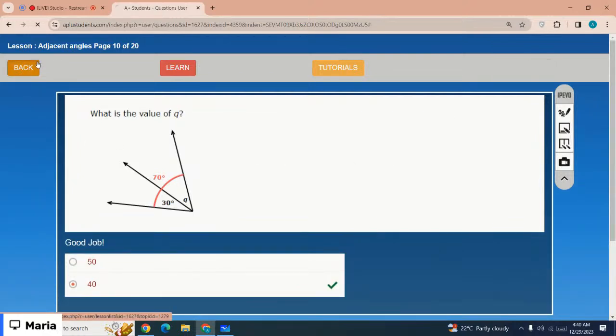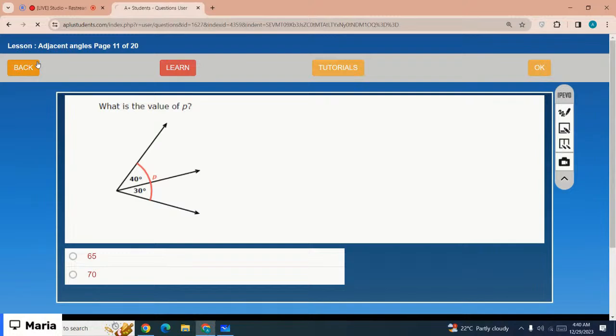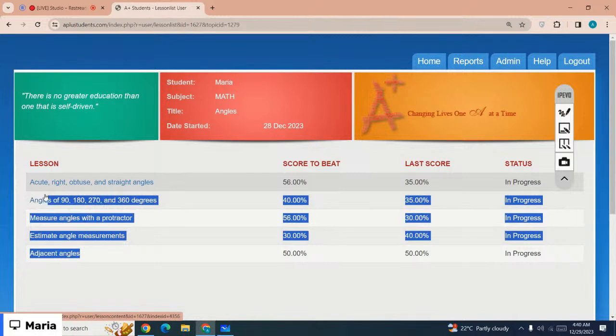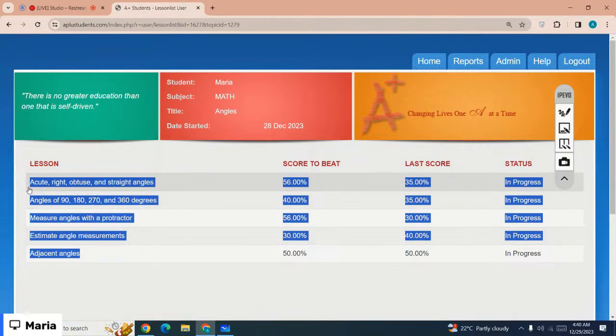Okay, you can complete the lesson by yourself later today. So, we were working on grade 4 math. The chapter we were working on is angles, and the lessons we have covered today are acute, right, obtuse, and straight angles, angles of 90, 180, 270, and 360 degrees, measure angles with a protractor, estimate angle measurements, and adjacent angles. So please make sure before the next session you complete all the practice questions for the lessons we did today,